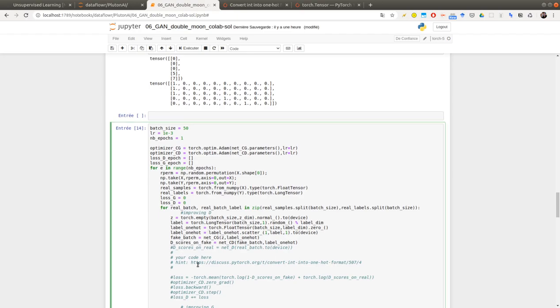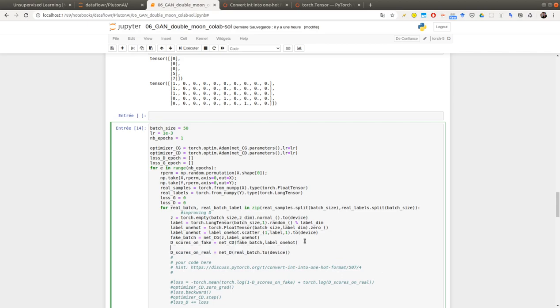So now I need to do the same thing, but on Real. So on Real I have the labels which are here, so I need to just put them into one hot version. So I can reproduce exactly this actually.